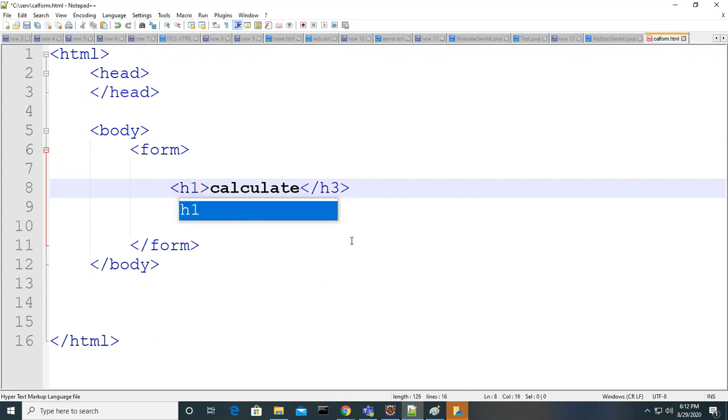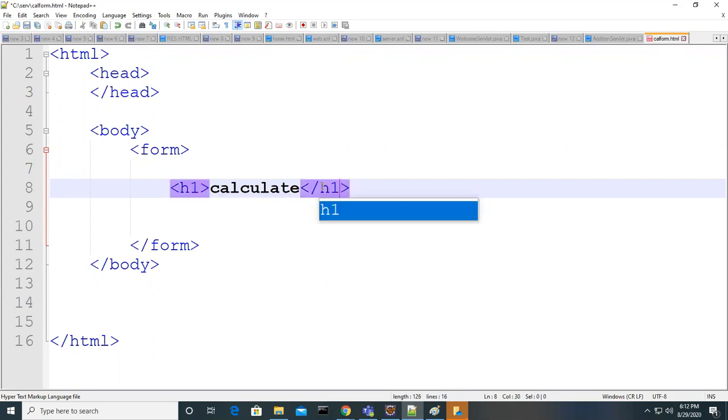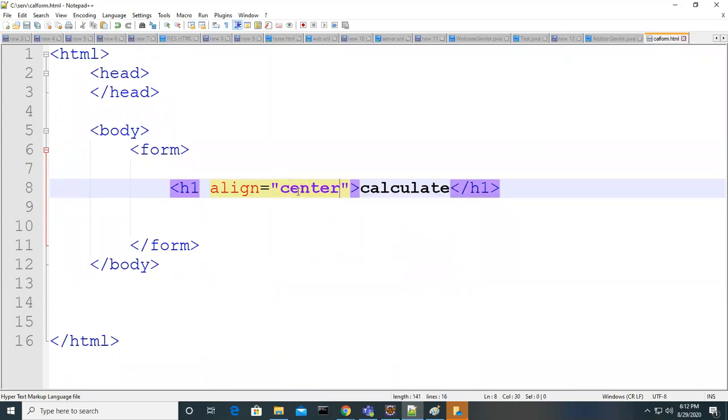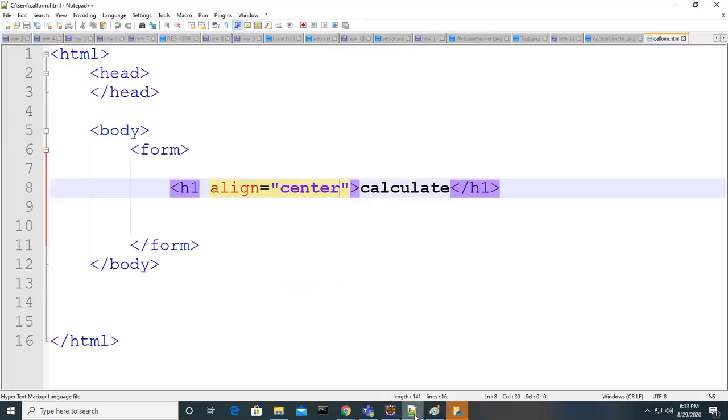Let's make it H1 only for our case and add an additional attribute. For this tag, align equal to, let's say, center. Yeah. So if I keep center here and refresh it, you got it in the center. Okay. So now I want to make it with some underline.